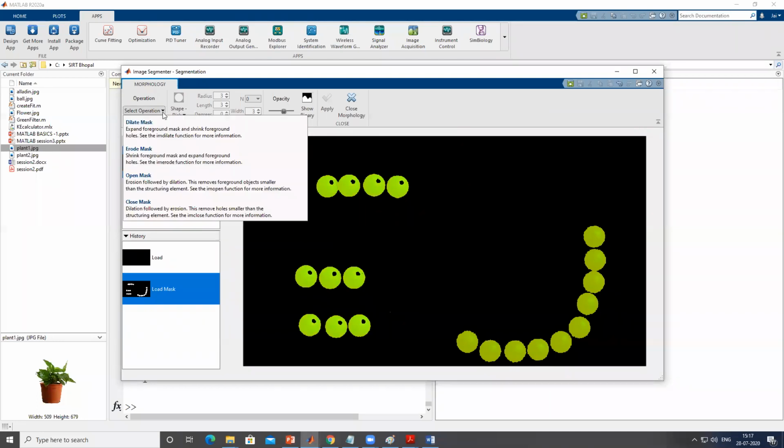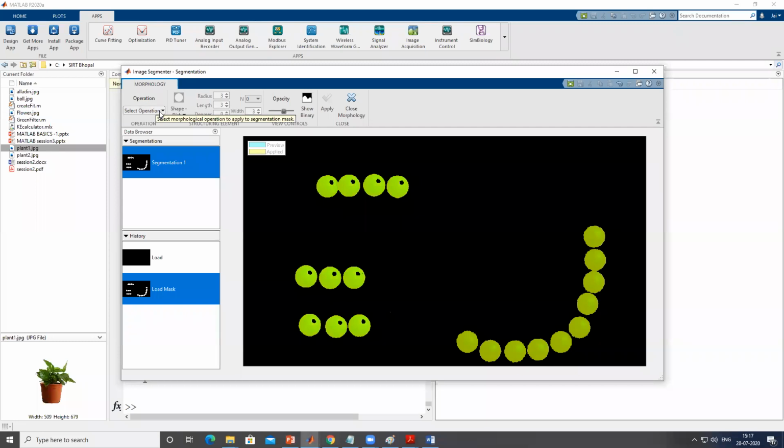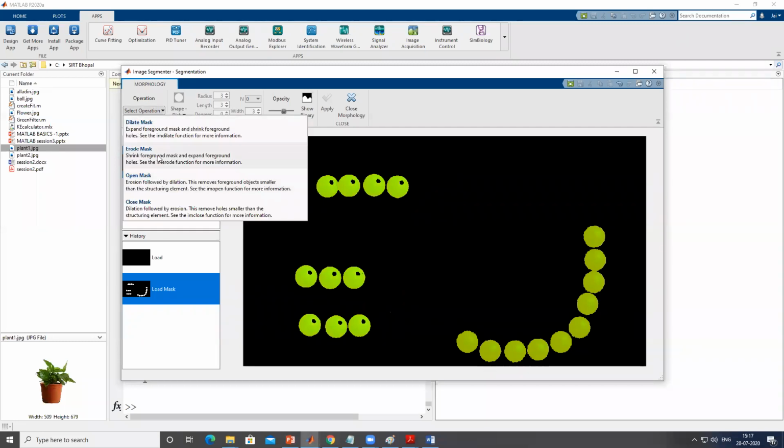So the first operation, like in the operation tab, I'll first select the erosion part. So here, dilate and close mask do the same operation. They are used to fill the pixels if there is any opening. Okay. So close mask is good for this part, which has an inside void. Okay. And dilate mask will fill the pixel outside of the boundary. Similarly, open mask will remove the pixel from inside, and erode mask will remove the pixel from the circumference.